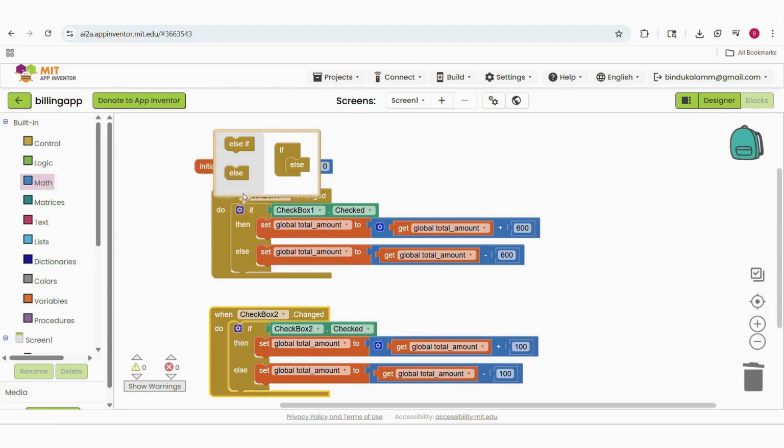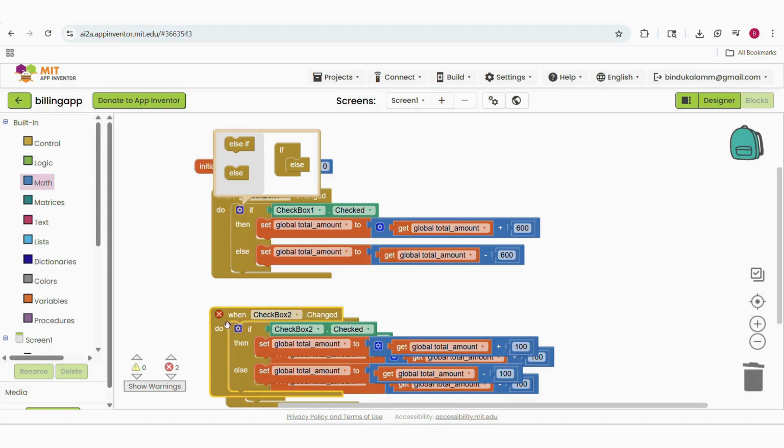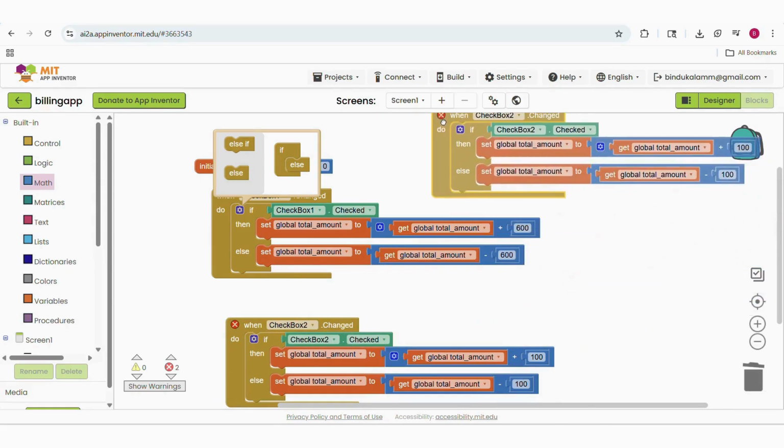Then again duplicate the complete when block and change the checkbox to checkbox 3 and 100 to 300.